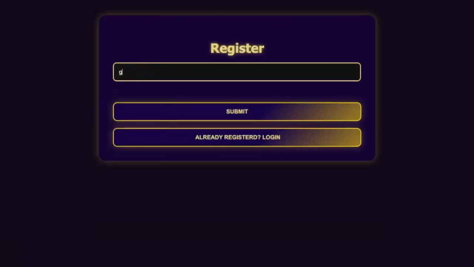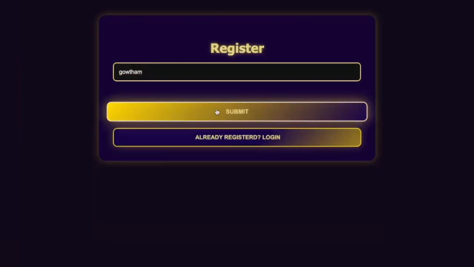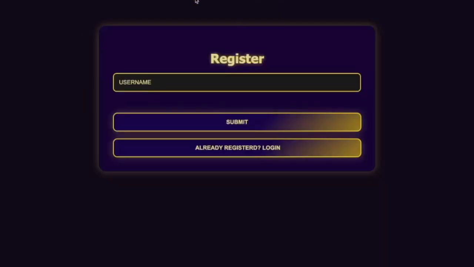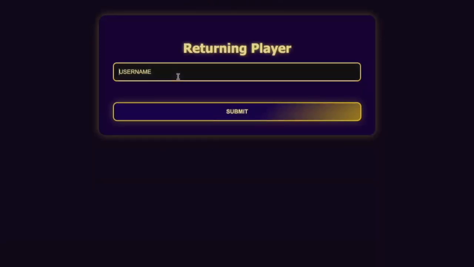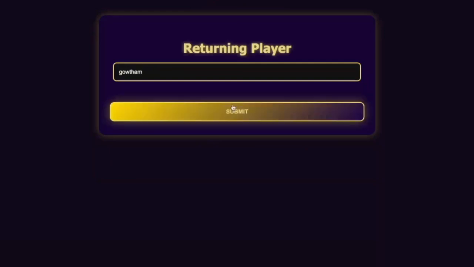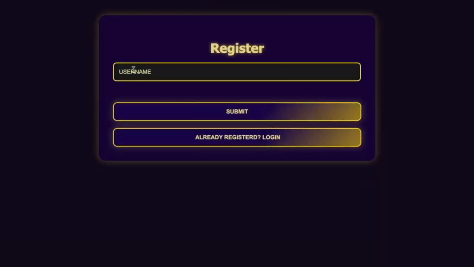Let's say my name is Gautam and I use a space. So since the username is already existing, I need to log in. Let's check that. Since the Gautam username has a capital G in it, it threw me out and asked me to register again. So let's go with another username,